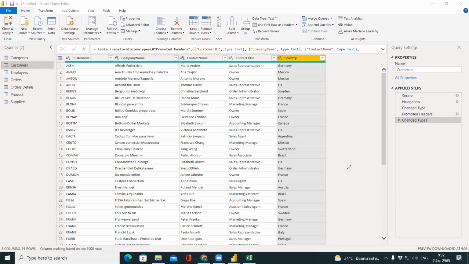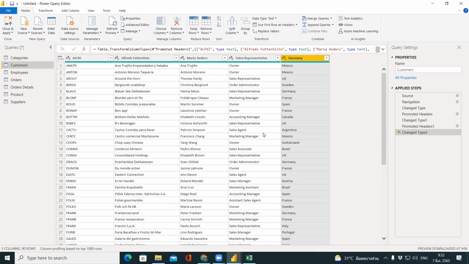Sometimes you do something wrong. For example, if you accidentally click use first row as headers again, you can see that right now mine is wrong already. Every column name has a wrong header because I accidentally chose my first row to become the headers here. How can I undo it? And I told you that we don't have undo in Power Query Editor. In order to undo it,